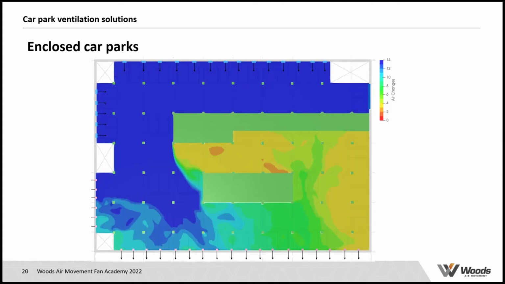We can confirm that again by looking at the air distribution images of that same car park. You see that a quarter of the car park is not meeting the requirements, so it doesn't meet that 6 air changes per hour. And again, that could be areas where air becomes stagnant, and where CO could build up beyond acceptable